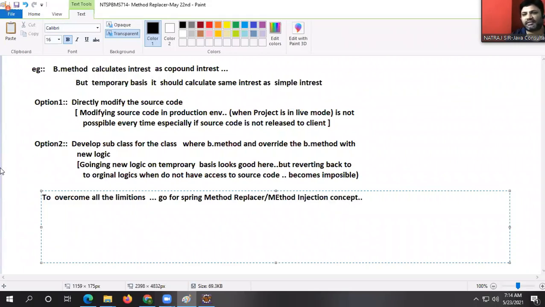Method replacer, method injection concept. Okay. This feature must be used